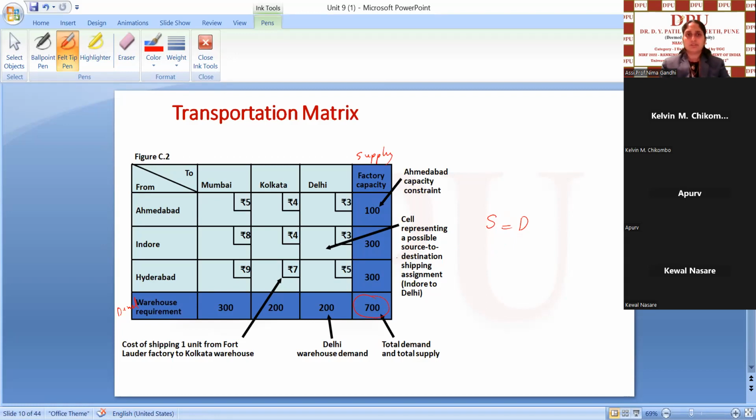Okay. So if you have here 800 and your demand is less, you have to add one more dummy column here. Let me give you one more example here. Like if you have A, B, C,